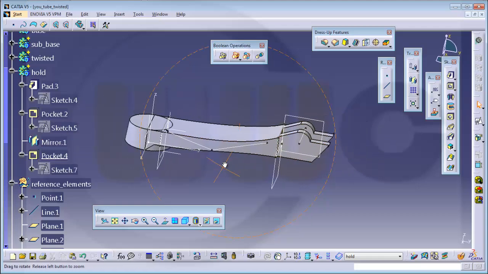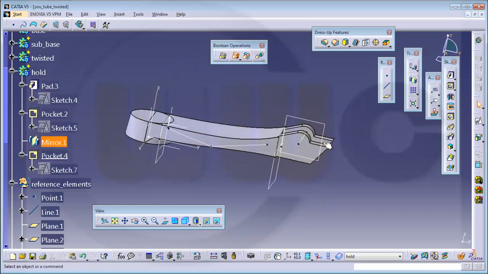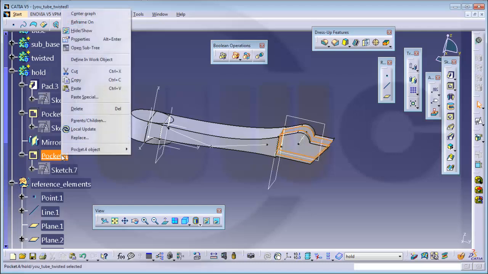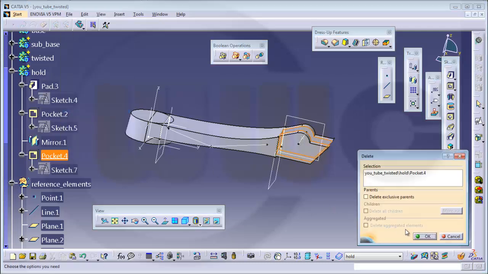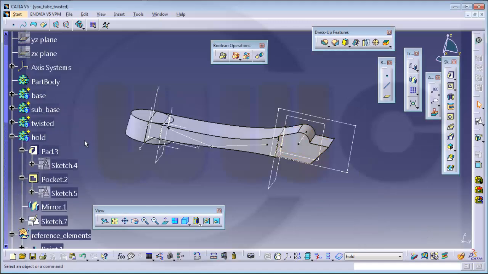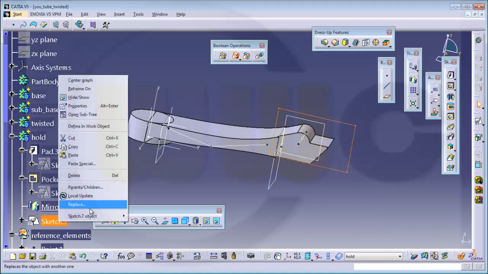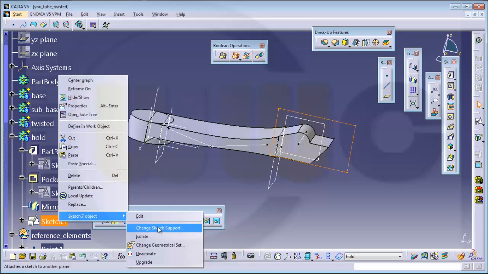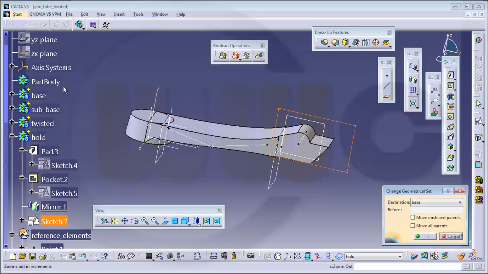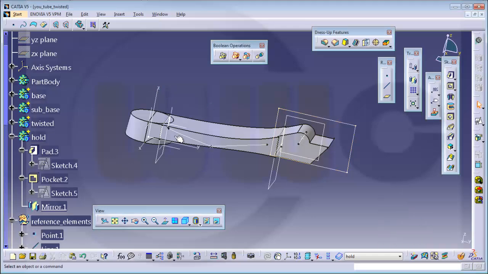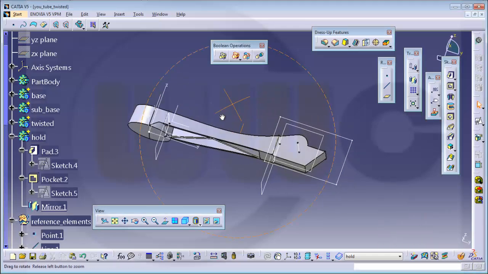But it should go inside. So I have to do this pocket after assembling it. Yeah, so I will remove the pocket, but I will keep the sketch and put the sketch somewhere else, maybe into the part body. Okay,